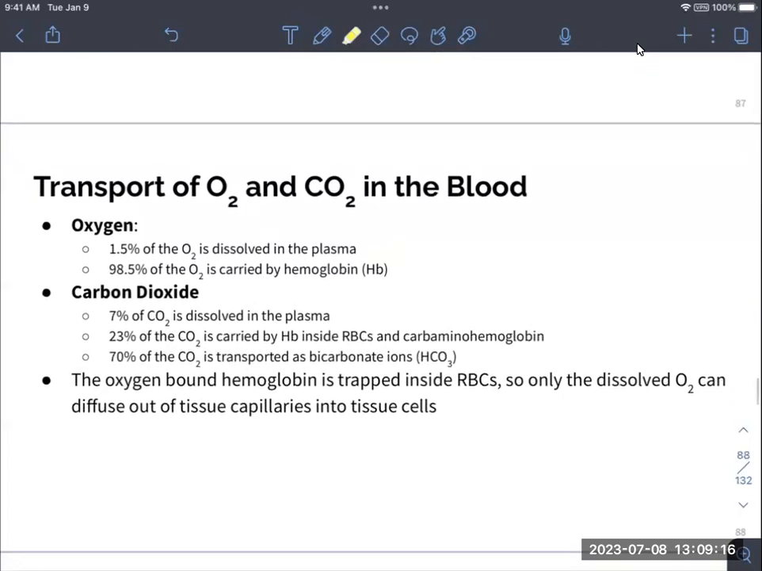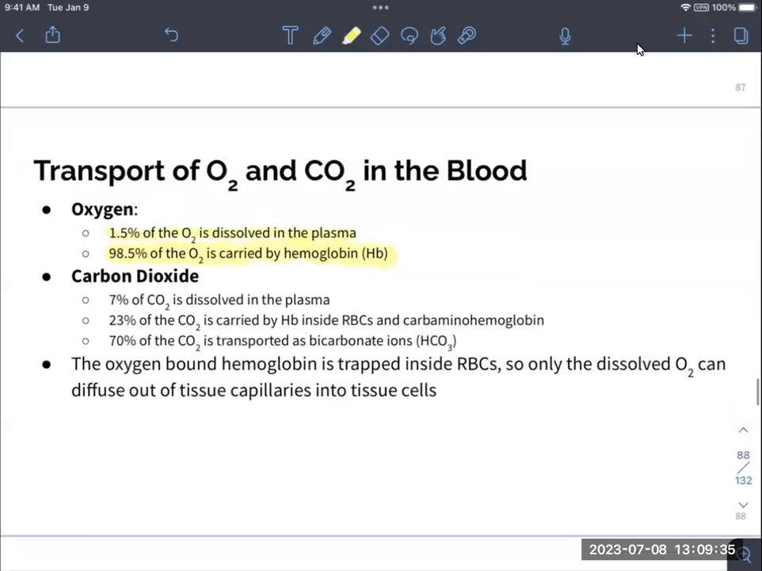How do we transport oxygen and carbon dioxide? So, the majority of that oxygen is carried on that hemoglobin molecule inside of those red blood cells. Only a very small percent of it is dissolved in that plasma, 1.5%. It's very small. Carbon dioxide, on the other hand,